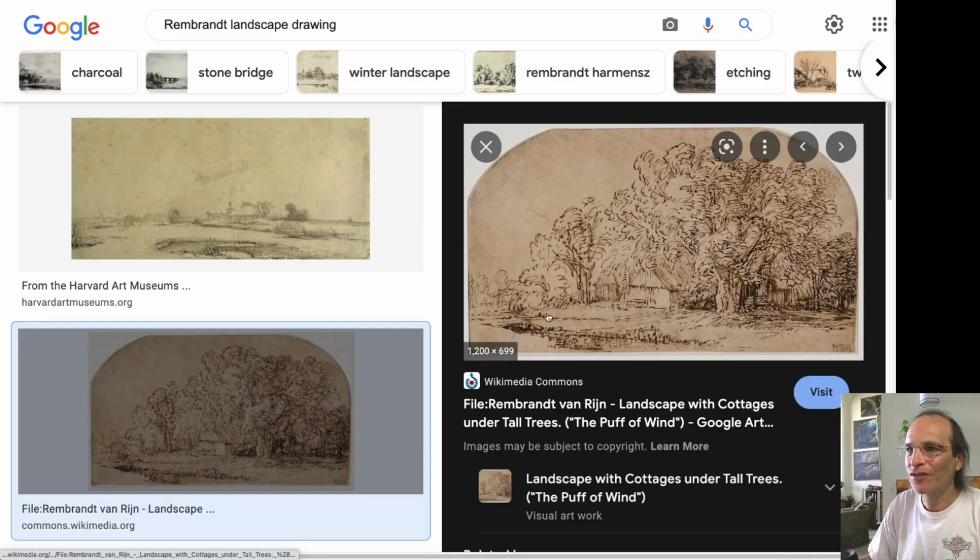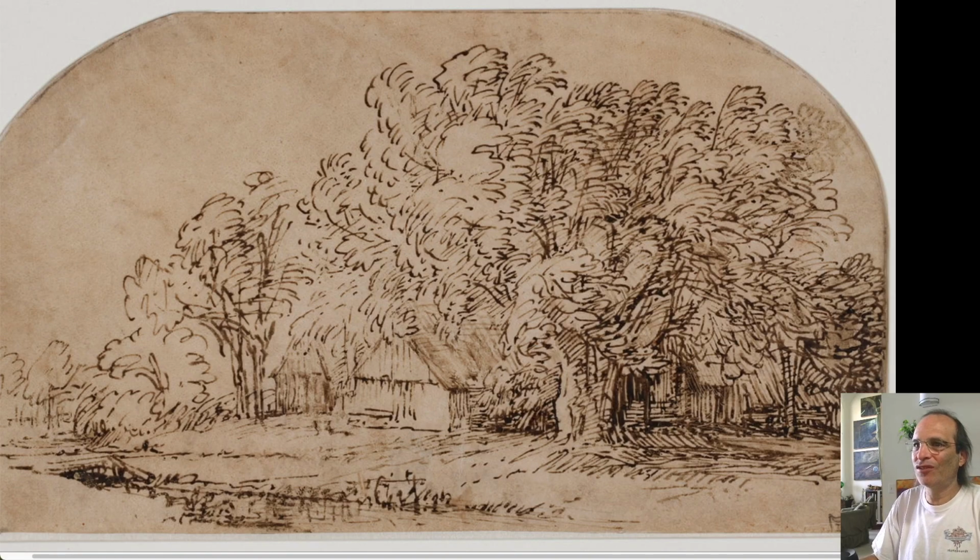Just click on this. And here we see a scene, I believe it's called The Wind, where there's a lot of dexterity and consistency across this very woodsy kind of scene on the bank of the river, I assume, or pond or lake, with trees in full foliage, with a bare ground bank that slopes down to the shore, and some indication, mostly by horizontal and vertical lines, angled lines of the roof, of a structure tucked into that thicket,